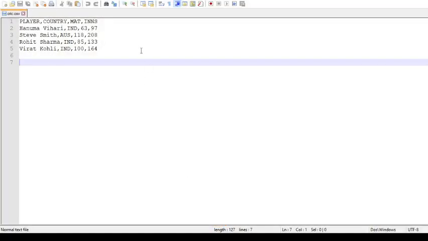Here you can see the example of CSV file. So file name is crick.csv. It holds data. So values are separated using comma. So CSV file can have values separated using another delimiter. Delimiter can be colon or any other symbol. So here delimiter is comma, right? Now we will see how to read data from CSV file to data frame.